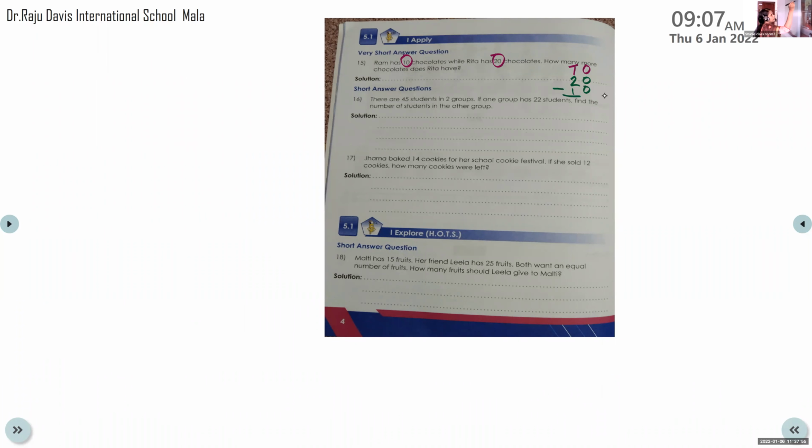Let's start from the ones place. Here we have ones place, 0 minus 0. Elhana, what is 0 minus 0? 0. Tens place, 2 minus 1. What is 2 minus 1? 1. Very good. So we got the answer 10. So how many more chocolates does Rita have? 10 chocolates more. So we can write here, Rita has